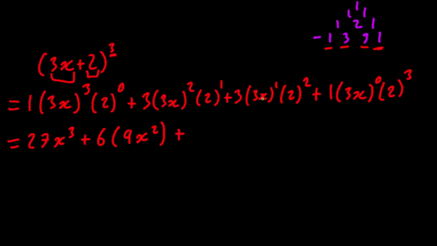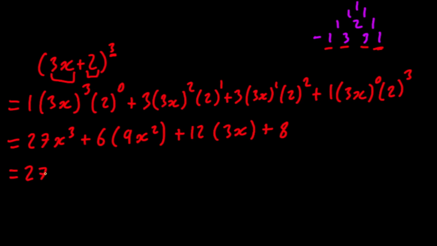plus 3 into 3x to the power of 1 times 2 to the power of 2. 2 to the power of 2 is 4. 4 times 3, that's 12. So we have 12 into 3x plus 1 times 3x to the power of 0 is 1. So 1 times 1 times 2 to the power of 3, which is 8. So now we can simplify further. We'll get